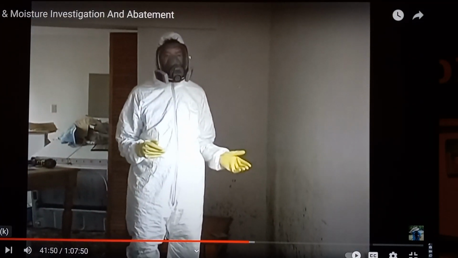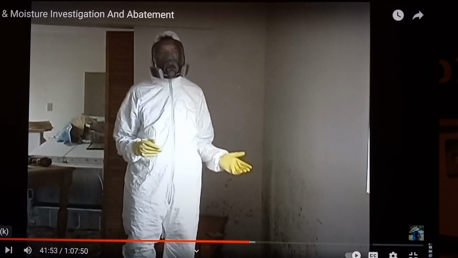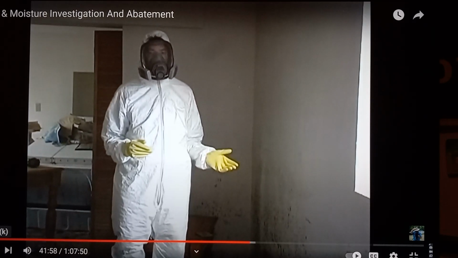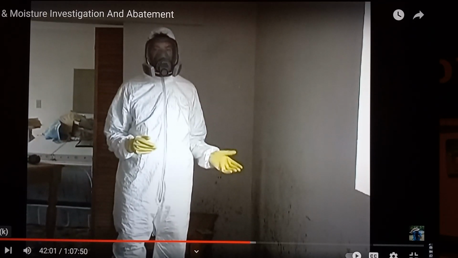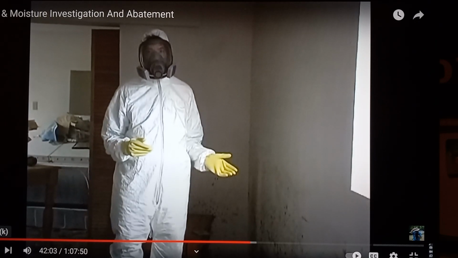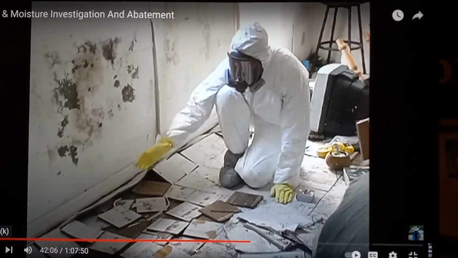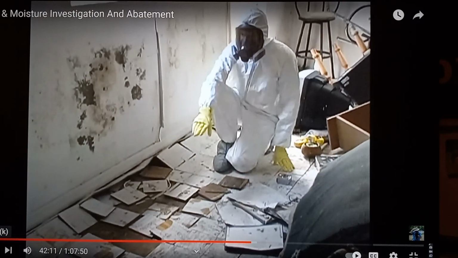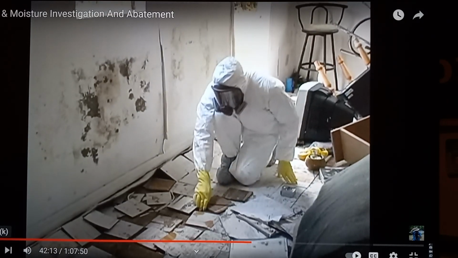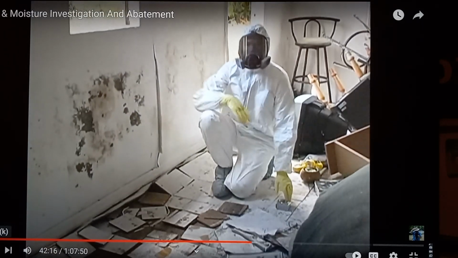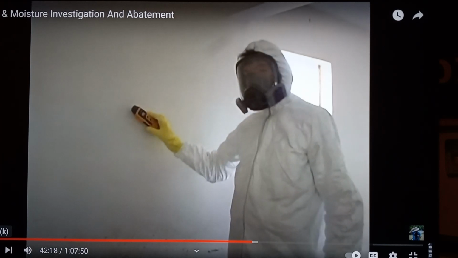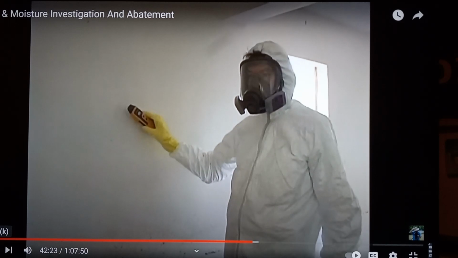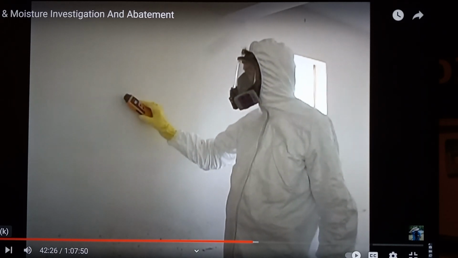We know that there's extensive mold damage throughout this house, but for demonstration purposes, we're going to go ahead and show you techniques that you can use on the investigation, or how mold can be hidden in the wall cavities or under the floor. I mentioned the walls, but look at the floor. The entire floor is buckled and raised, and it's been water damaged. I am going to use this dual mode moisture meter to test for moisture behind the walls. I have it set to